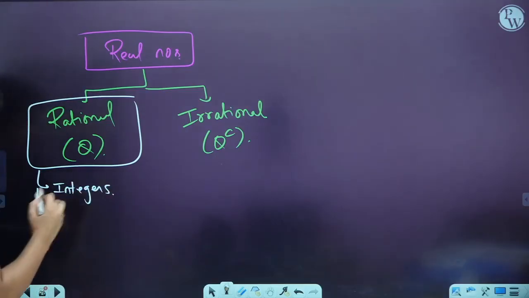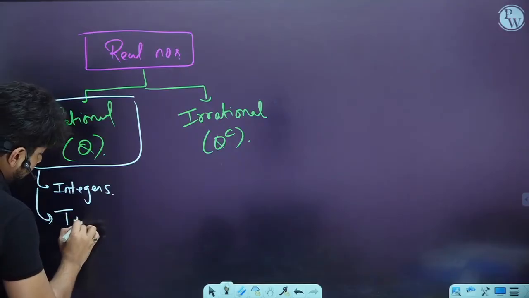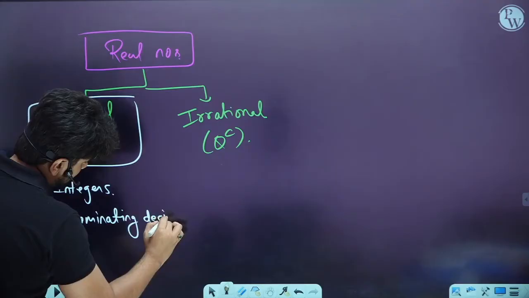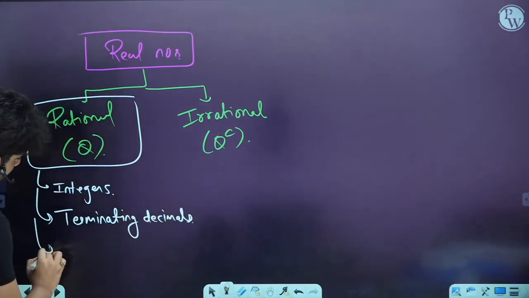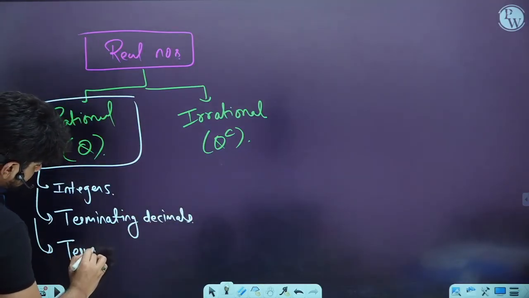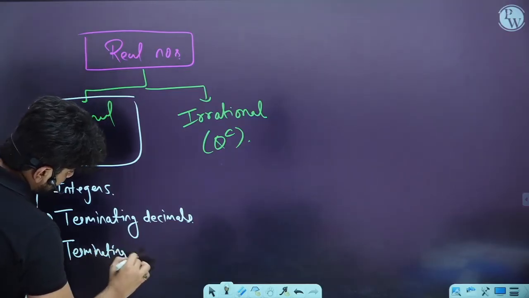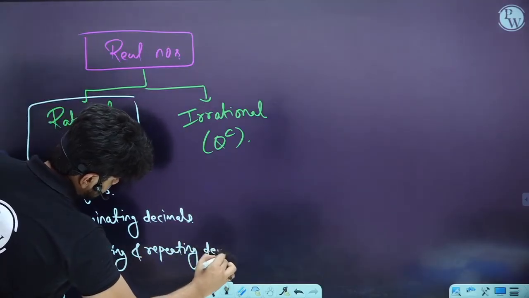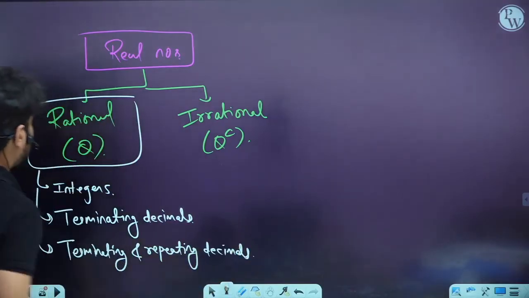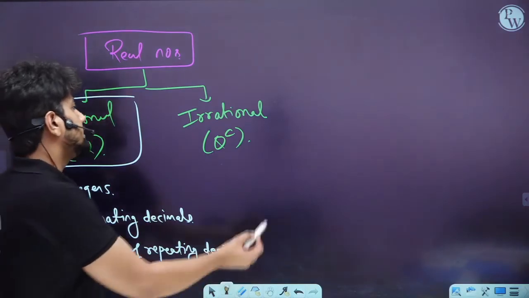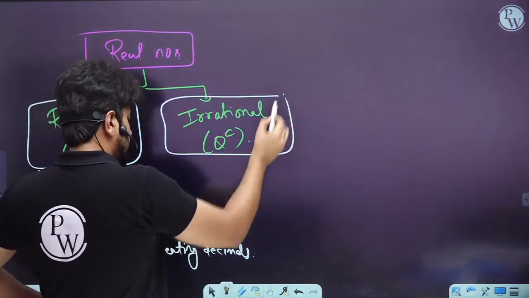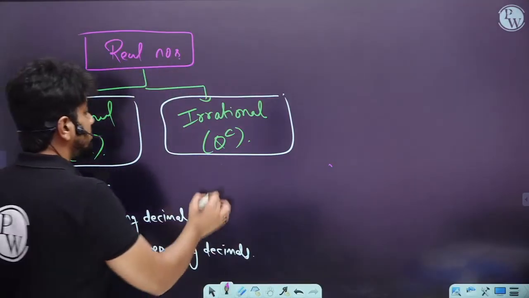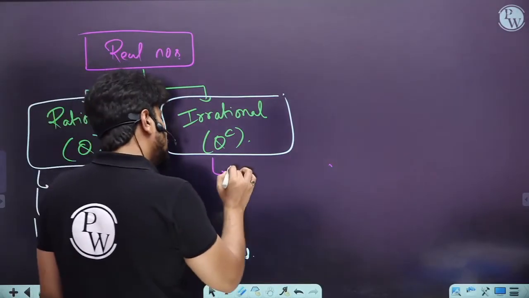All the decimals which are terminating decimals are rational numbers, and non-terminating and repeating decimals are also rational numbers. All of these three things are in the rational number category. Now if we talk about irrational numbers, they are non-repeating